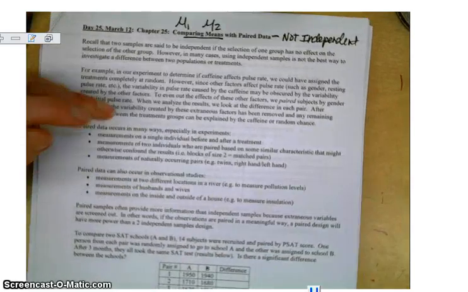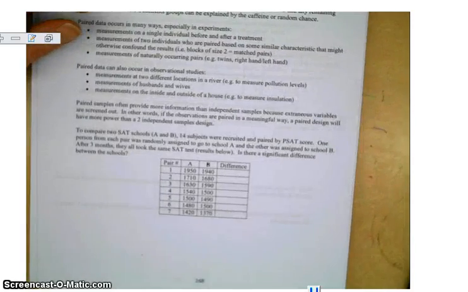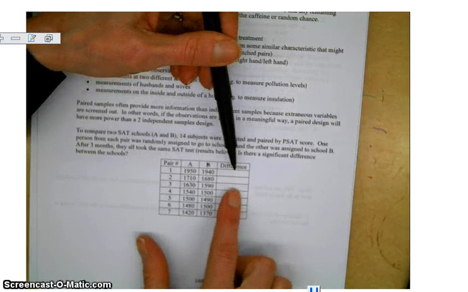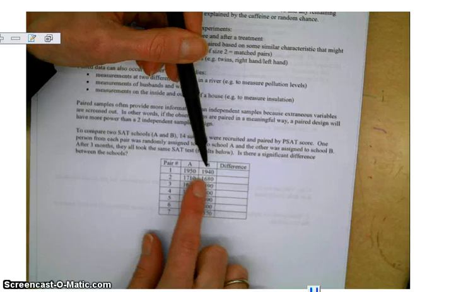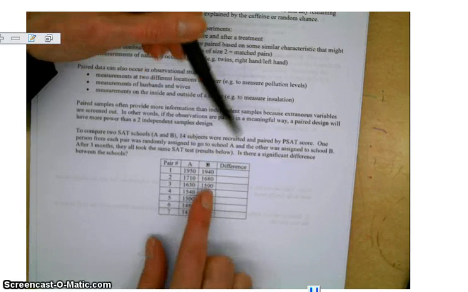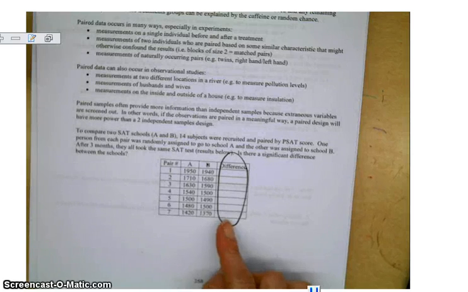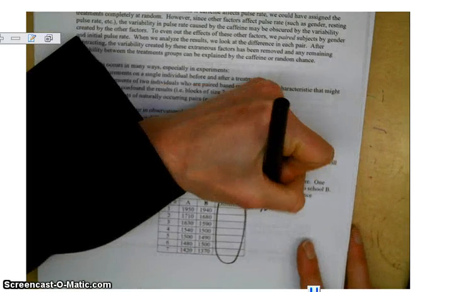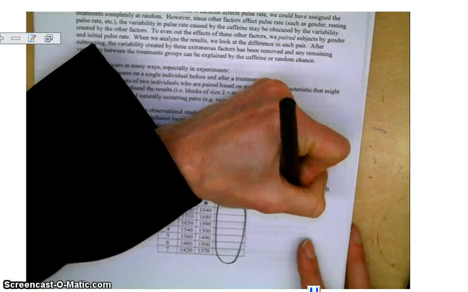So if we're going down to the bottom of the paper here, we will subtract and find the difference first. We find the difference between two treatments first, and then we really end up with one set of data. So we do the difference first this time, and this is called a matched pairs